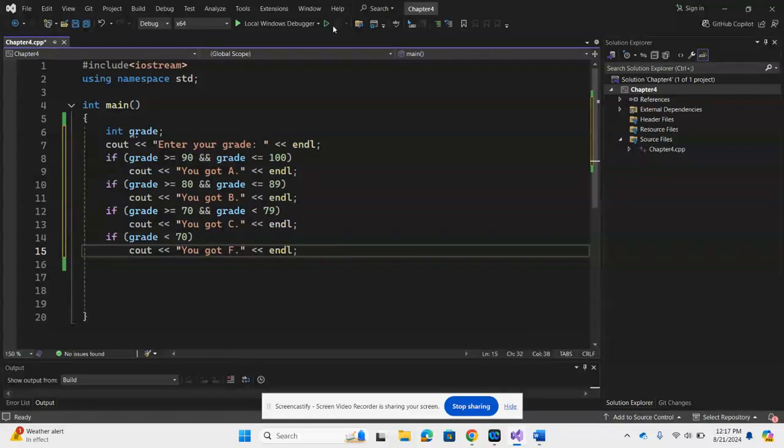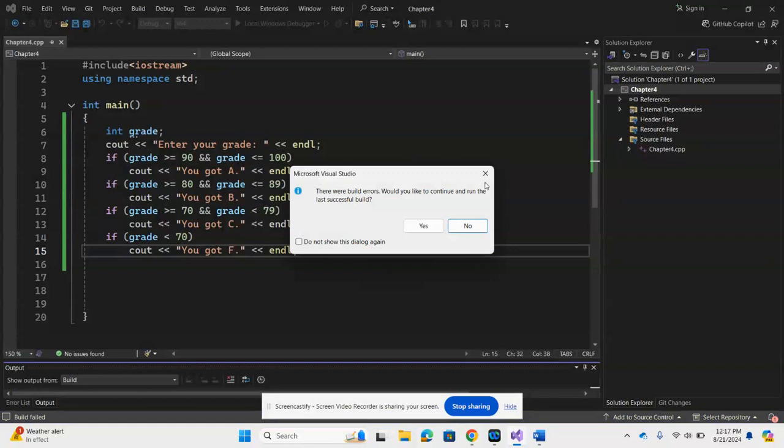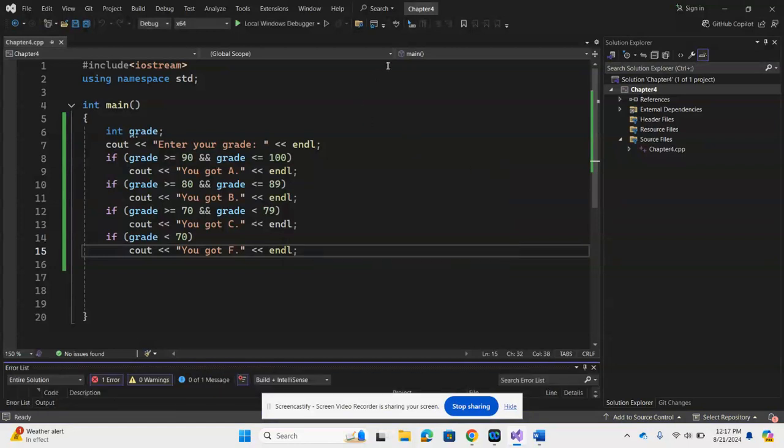But it does the same thing, because if you run the program, you can try here. If I put anything higher, okay, let's see here, it looks like there is an error here. Let me see what the error is here. So grade